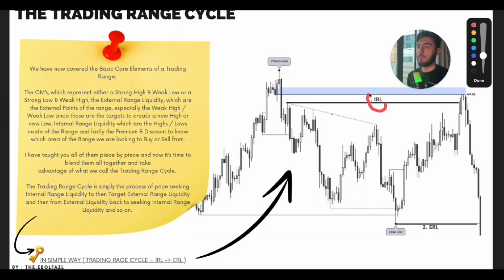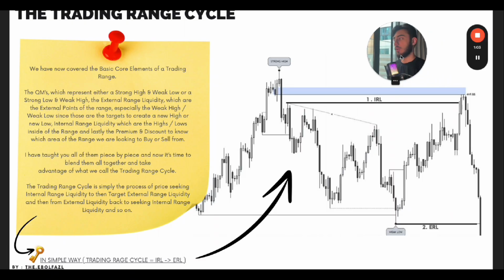So we can see price first takes out the internal liquidity, then price goes for external liquidity. And as we can see, price tapped to the point of interest that, as I told you, you can go to my YouTube channel and watch the best order block or worst point of interest video that I have. It's a mini course like this. Once you practice this and combine this, you're going to have one of the most powerful strategies in the world, to be honest. And I hope this makes sense for you.